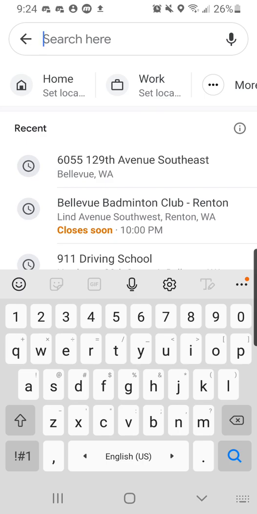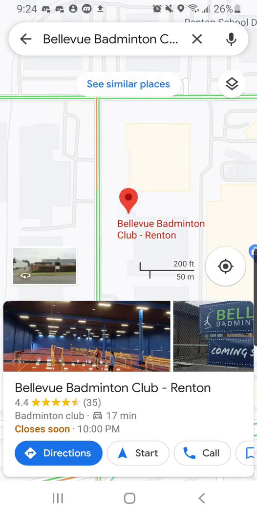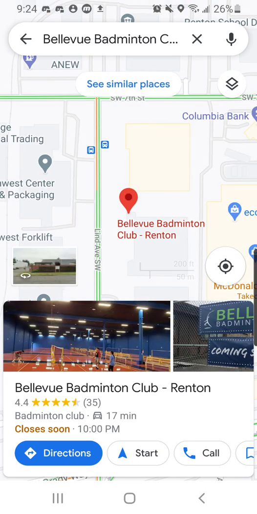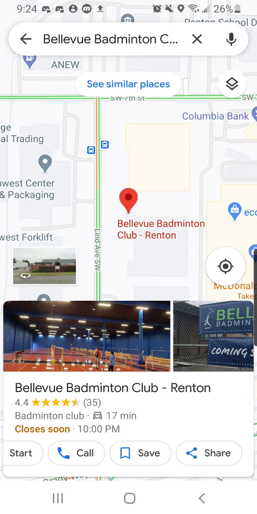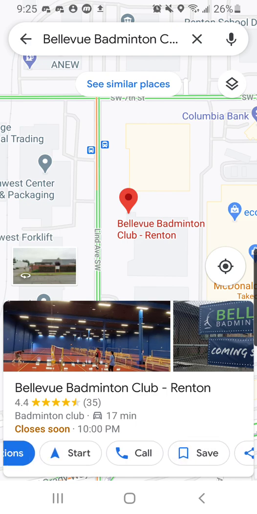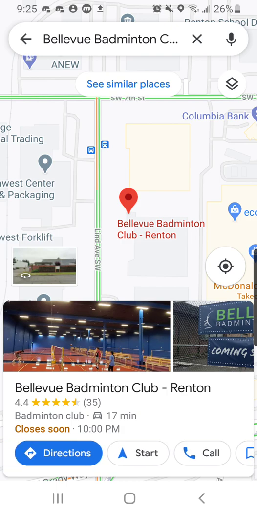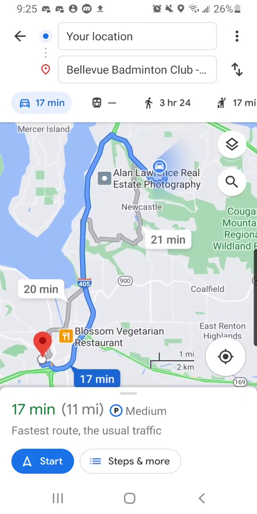So let's say, for example, I want to go to one of my badminton clubs. So I just press this, and I will see where the location is. And on the bottom, there are some options. You can save the address. You can share the address to your friends. You can call the phone number the address is affiliated with. You can press start, or you can also press directions, and I'd press directions first,